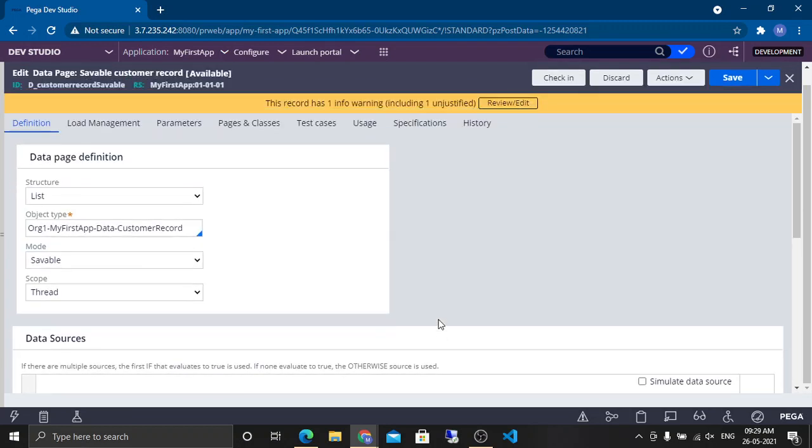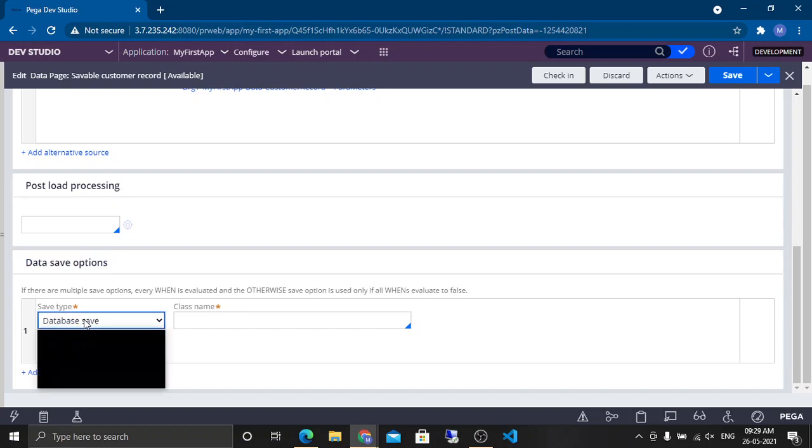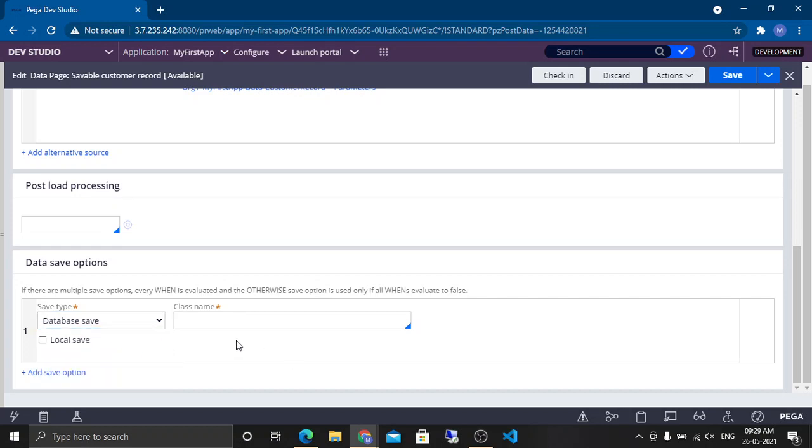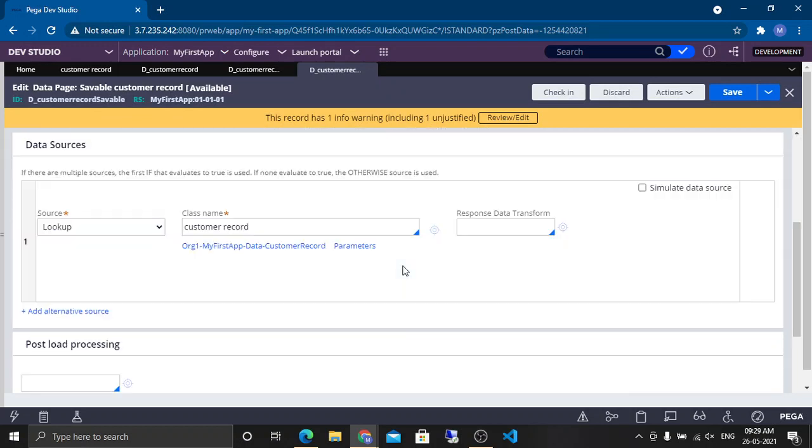Connector. So the scope of today's session, we will check with single record only. Page, and with page setting, the data save option would be this. I mean, there are more. Database save is added. After that, we have to mention which class I want to save into. So I want to save into the same class.